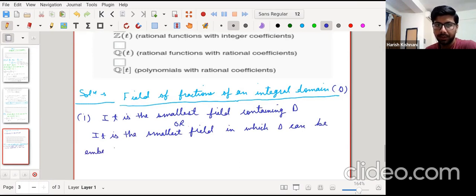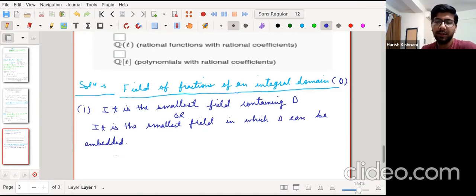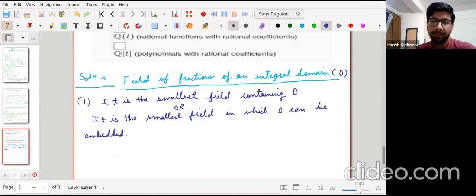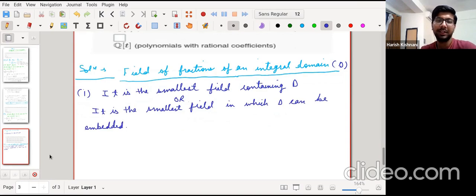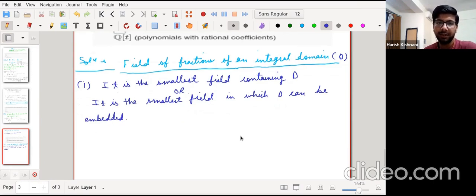As a subset it might not be visible, but if there is some injective map, then we say that it has been embedded in that field, and it has to be the smallest field such that D can be embedded. So the first definition is this. The second is